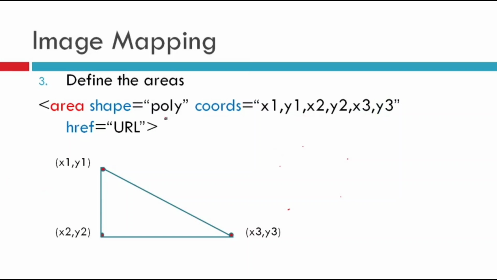The next shape that we're going to learn is poly. If you want to have the shape of a triangle, then we will use the shape poly. This poly will have as many coordinates as the vertices of the figure. As we are going to plot the figure of a triangle, it will have three vertices. This means 3 points, and every point will have two coordinates, so altogether we will have 6 coordinates. The first vertex will be indicated by x1, y1, the second will be x2, y2, and the third vertex will be indicated by x3, y3.